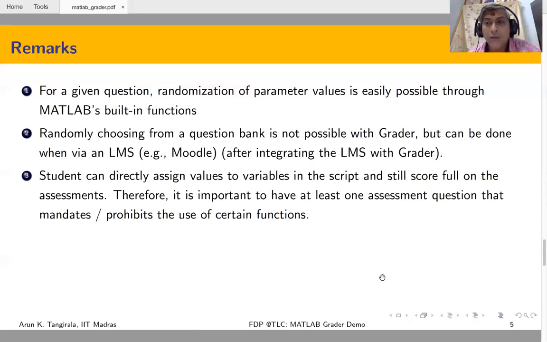Therefore, it is important to have at least one assessment question that mandates or prohibits the use of certain functions. Another strategy is to have intermediate variables and have an assessment on the values of intermediate variables as well. But all said and done, when you're testing only based on variables, the risk of directly assigning a known value in the script always exists. So more or less it becomes mandatory to have one assessment question that mandates or prohibits the use of certain